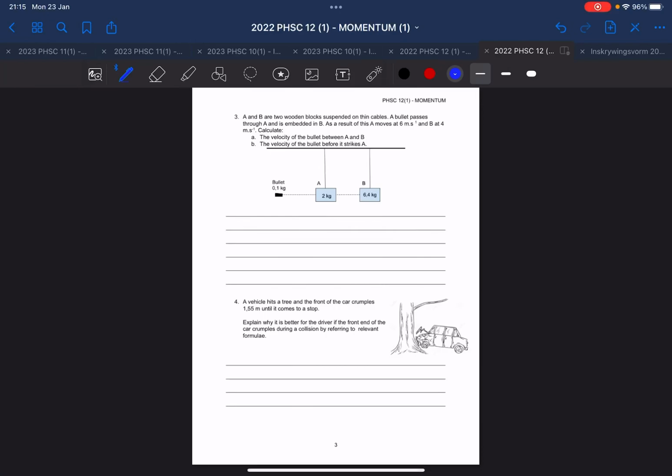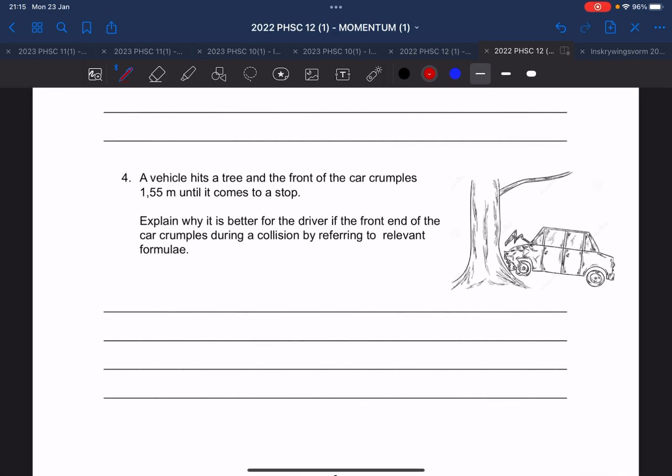Okay, so on page 3, we're going to do number 3 together in class. I'm going to skip that now. At number 4, this is a good multiple choice type of question or an explanation. In recent years, they actually like to ask this as an explanation type of question. So you need to be able to explain this in words and formulas, and I'll show you where you